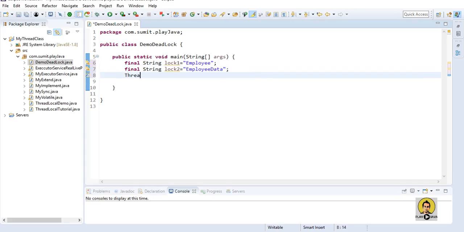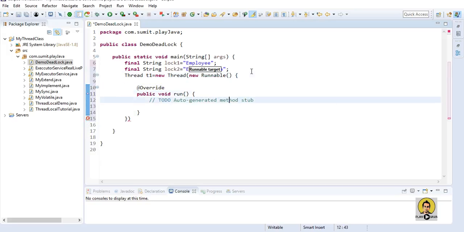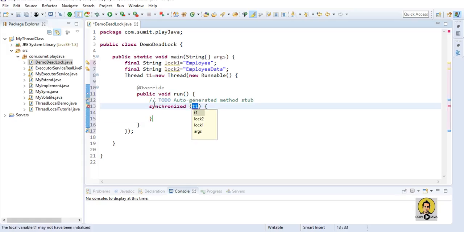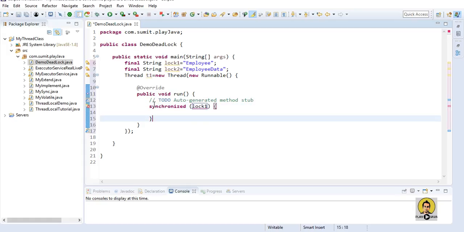Let's create a thread. T1 is equal to new Thread, new Runnable, and inside this I will write a method. Using the synchronized keyword, I will apply a lock for lock1, and inside this I will write